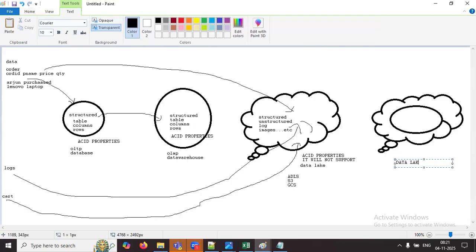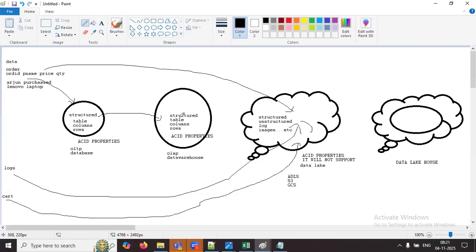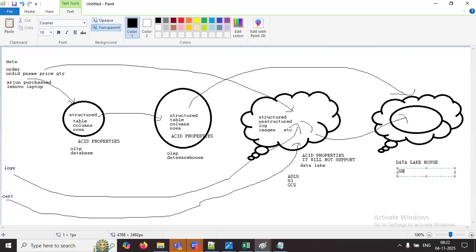A data lake house is nothing but it will support data warehousing features plus the data lake features. It will support both. In a data lake house, you can store structured, unstructured data, logs, images, everything.